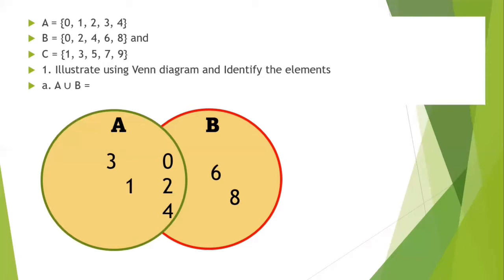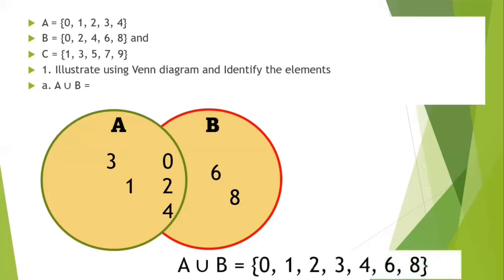Now, ang ating second task is to identify the elements. I-identify natin ang elements ng union of A and B. Ano nga yung union? Can you still remember our lesson? The union is ang pinaghalong elements ng A and B. That's why we have the answer. Ayan. The union of A and B is equal to all the elements of A and B. Kung mapapansin nyo, we have this, the 0, 1, 2, 3, 4, 6,